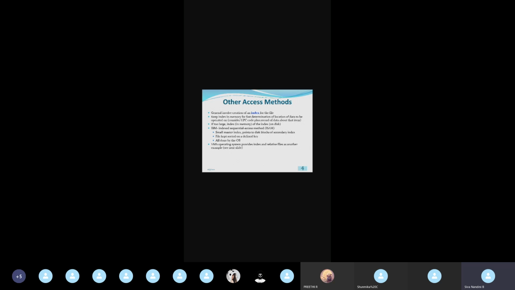Here the file is kept sorted on a defined key. All the files we store will be defined with a key. Here we have assumed this UPC code. Similarly, they'll have a key that uniquely identifies the book. We cannot define the whole name of the book as the key, so this UPC code may be 10 bits, and we can define it with such a 10-bit code. Then the index will be smaller in size. We cannot bring the full details into the index itself, so that index will have a key. For a book we may have this UPC code as a key; the UPC code uniquely identifies the book.